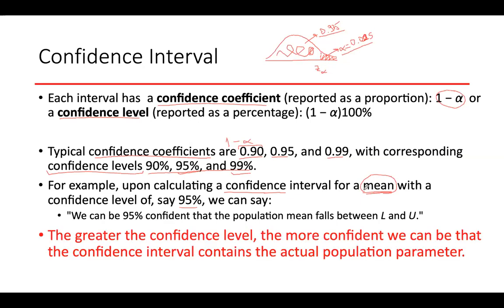So if you would like to be more confident, then our interval should be bigger. Okay? Bakın burası önemli. If the confidence level is high, I would like to say I am 99% sure that